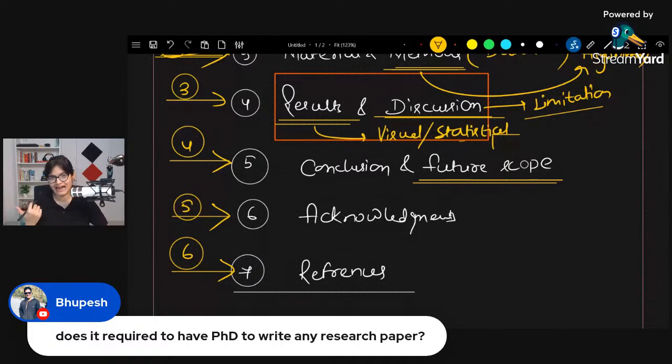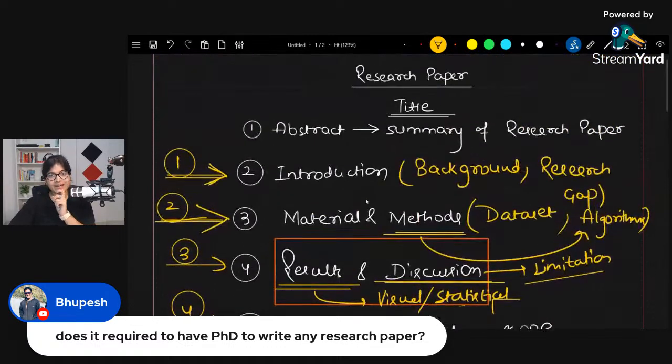Because when you say that I have published one research paper, it's not only you, it's collective teamwork plus the people who have already done a lot of research. So accordingly, you will decide that you studied from everywhere, and then you will be able to come up with one final research paper. So everything, whatever research papers you have used while writing your research paper, you have to write it in the references part. I'll also show you how you can write these references, but just wait for a moment. You will get to know that thing as well at the very end.